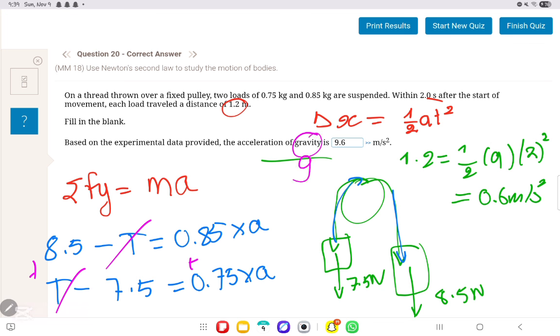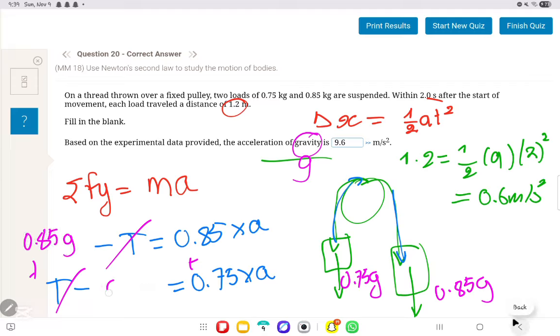We're looking for g. So how did I solve without having g? You see this very silly mistake I did? So 0.75 g, 0.85 g. Now this changes everything for me. So this becomes 0.85 g minus whatever, and then 0.75 g, okay? Now when you add them together, 0.85 minus 0.75, this is 0.1. So 0.1 is equal to